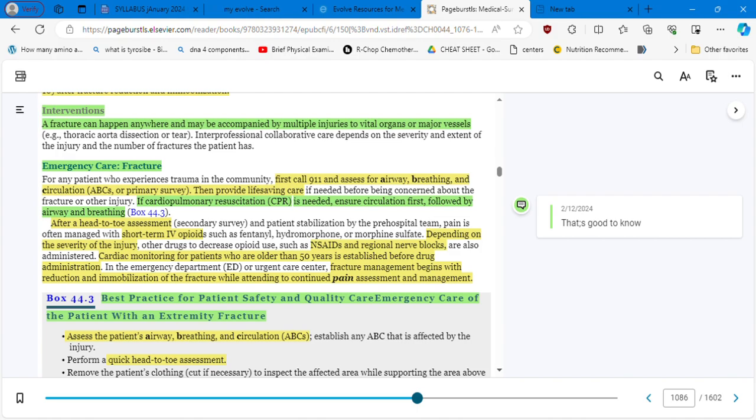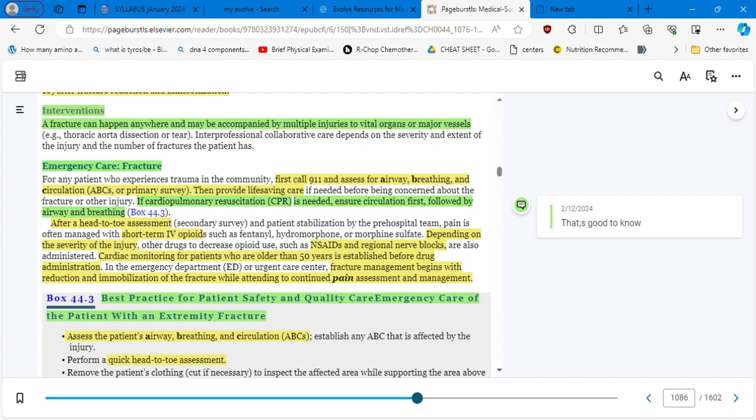You start with a short-term IV opioid to manage pain. Then depending on the level of pain, the doctor may prescribe NSAIDs or regional nerve blocks. Then cardiac monitoring for patients who are older than 50 years is established before drug administration. They need to see how